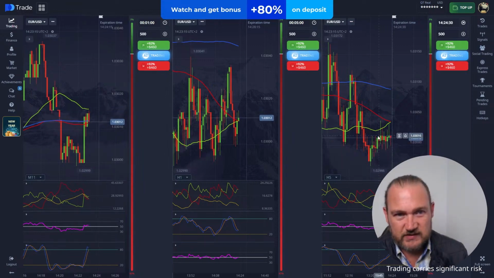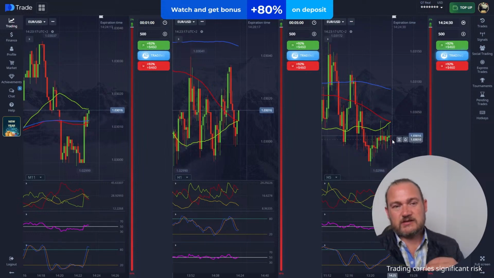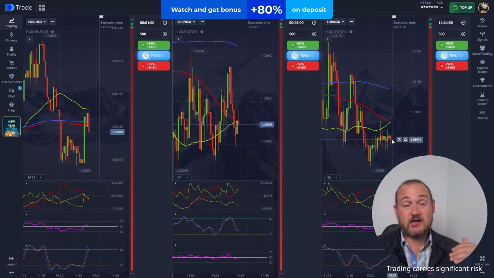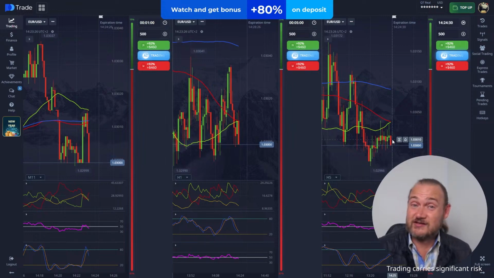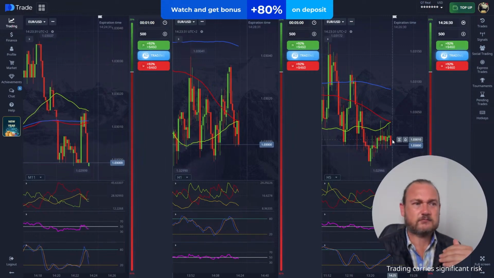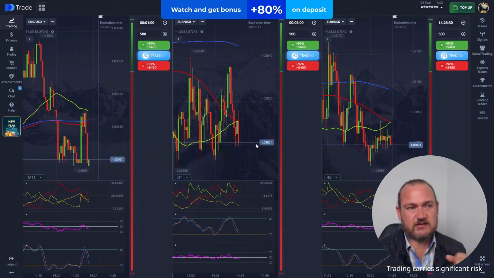The bodies form a very, very small channel, but the wicks are all over the place and they are huge on the 5 minute. This is a little bit too much volatility to my taste. I know there's people that absolutely love this, but when a chart gets all over the place like this, I